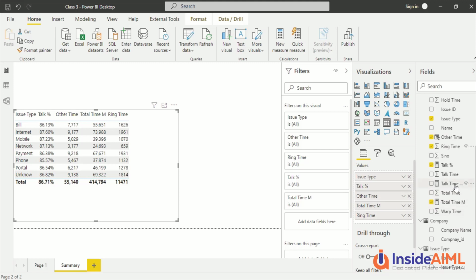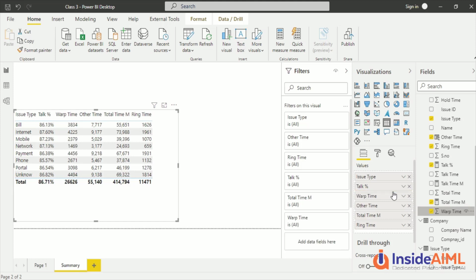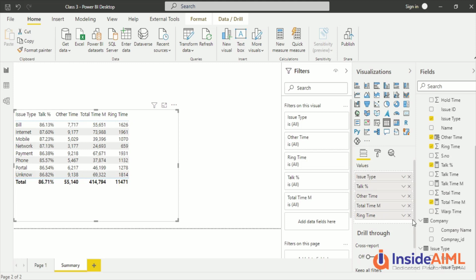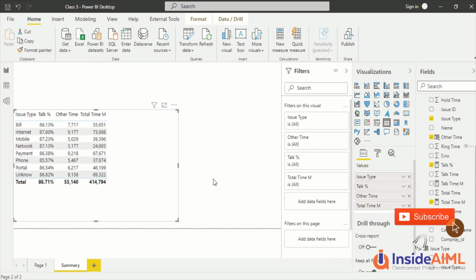When I check it, it's going to be added at the end only. But if I want to add in between, I can drag it, and when I see the yellow line, I leave it. Right now I'm going to uncheck the wrap up time and the ring time. It's not that if I added by check, I should uncheck, and if I added by drag, I should remove it. Nothing like that. You can simply do it in both ways. I just wanted to show you.